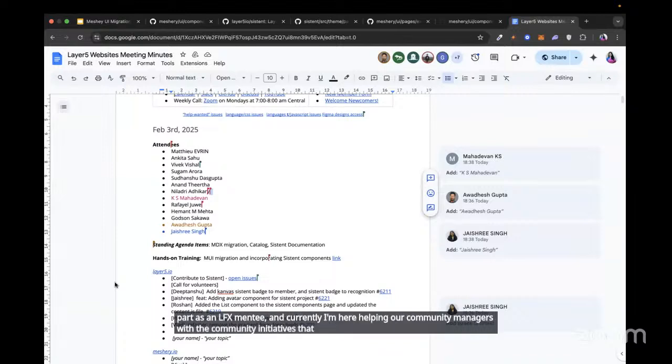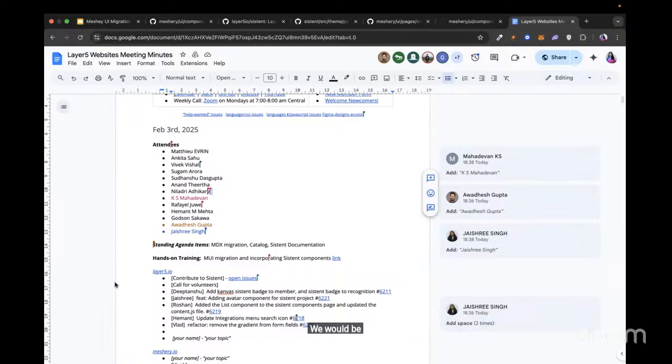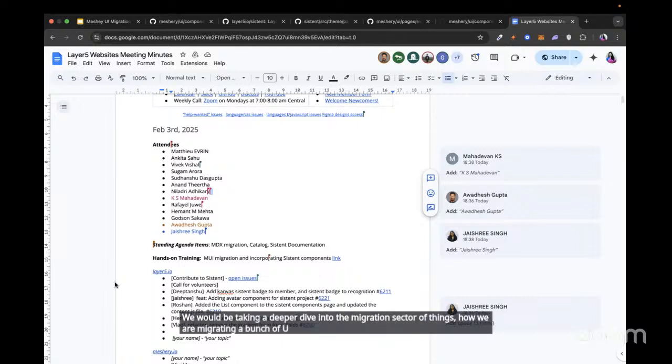Today I'll also be covering, with one of our moderators, an item that I've been actively tracking. We will take a deeper dive into the migration sector of things, how we are migrating a bunch of UI components in different areas.